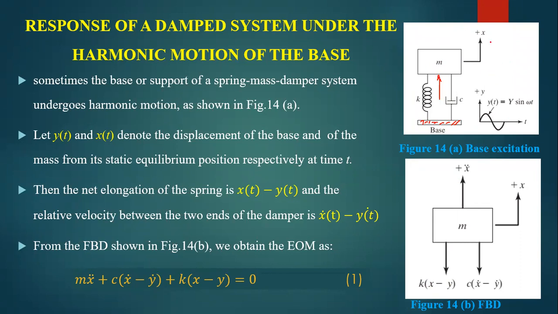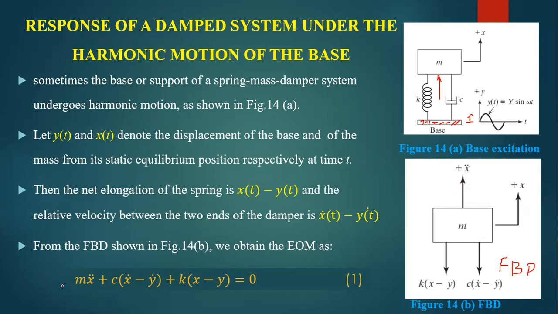So x minus y gives us the relative displacement, and also the relative velocity, x dot minus y dot, for the damper. So considering this, taking this free body diagram of the system, okay, free body diagram,